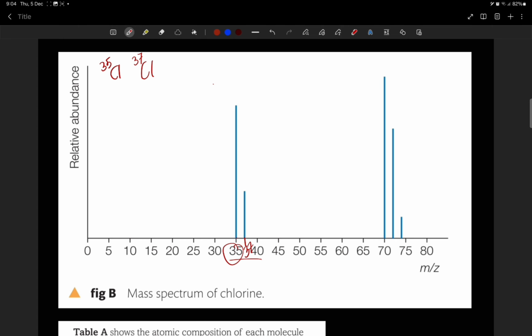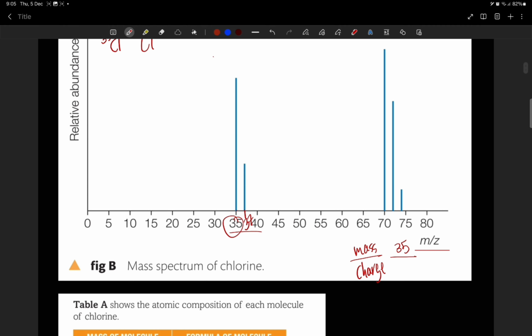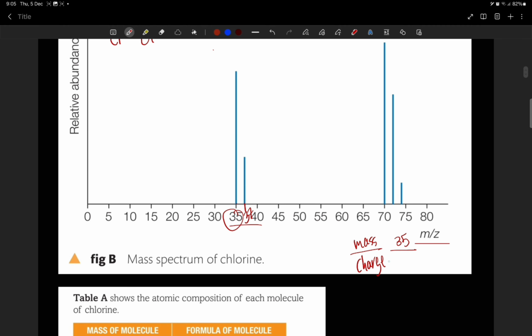طيب, if you look at the axis, it says mass to charge. طيب, what's mass to charge? It's literally mass over charge. Okay, and since the mass is 35, you can always assume that the charge is 1 unless the question tells you there's something else going on. طيب, mass to charge ratio is mass over charge, so it's mass over 1, which is the mass itself. You can think of it as literally just the mass of the thing you're solving. Okay طيب,